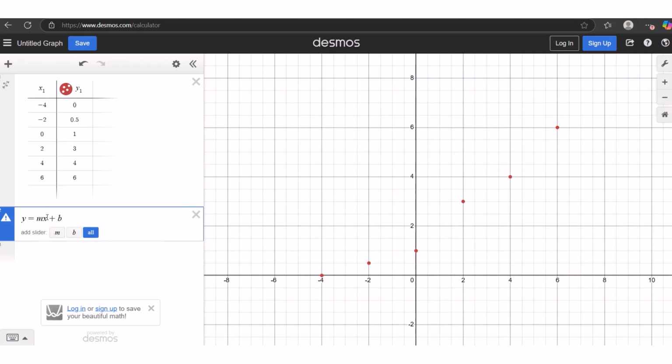You'll notice that it first of all does not put any line on there. It doesn't tell me anything. And it gives me this option to add sliders, and you're getting the warning there: too many variables. So what we do is we need to tell Desmos, take the points we already have and make